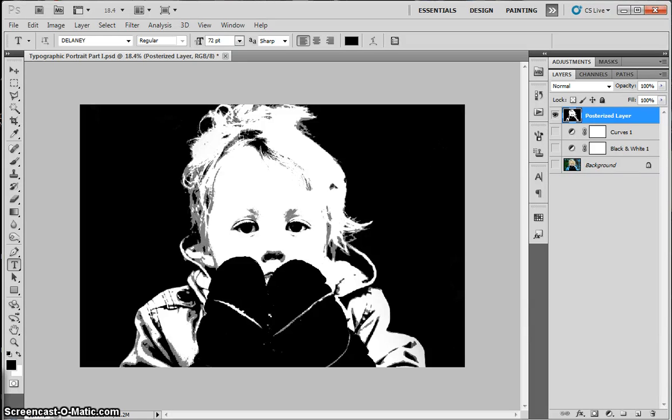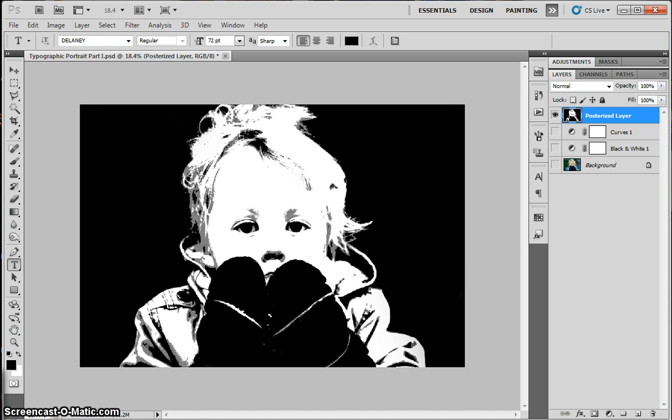This is part 2 of the typographic portrait tutorial, and in this part we'll be creating our text brushes and pattern. There are a few steps in this part that are a bit of a hassle because we're working on the school computers and they reset every period of every day. So there are a couple steps that you will have to repeat each day as you start working on the